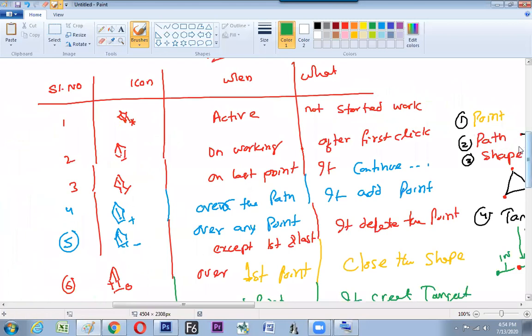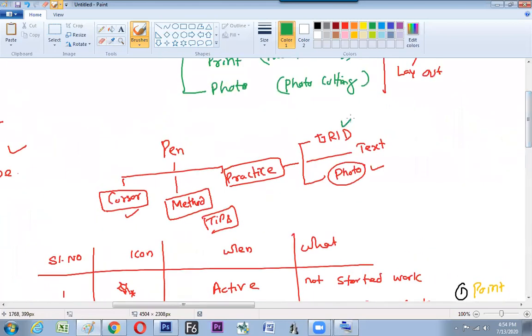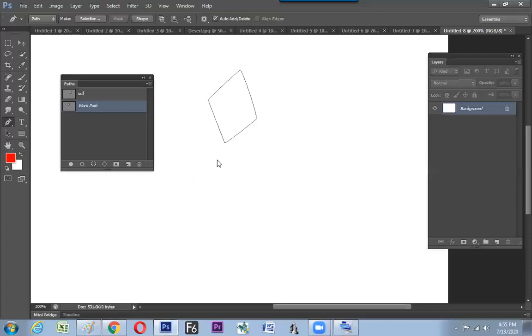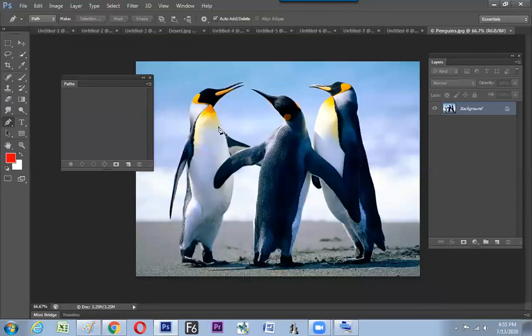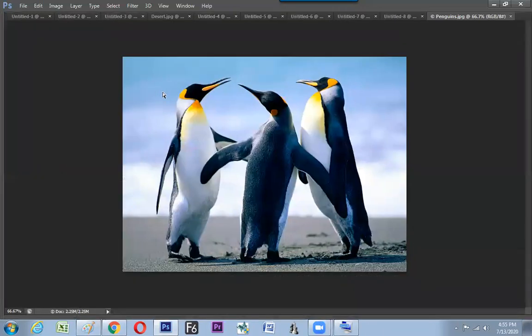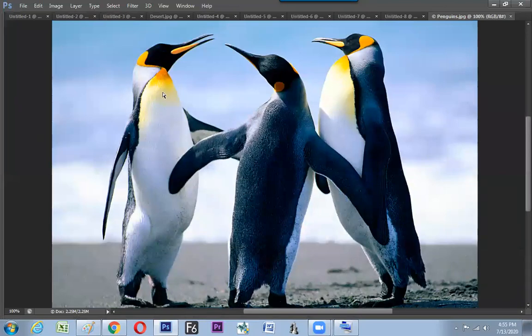So as we have understood, you can start practicing with the grid and text and all. But finally you will be working on photographs. You can start with the grid, but I'm switching to the photographs so that there is no time you need to do some works. Catch to the screen now. Open any photograph. Whatever theoretical knowledge you got to know, use that and make the photo cutting. So at the end of the day, the pen tool is to be used to make a photo cut.